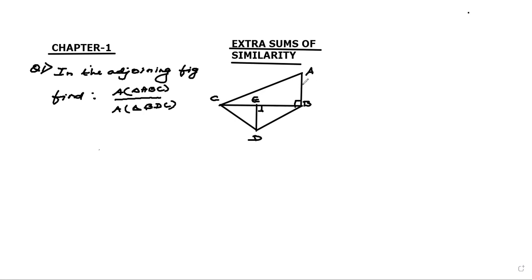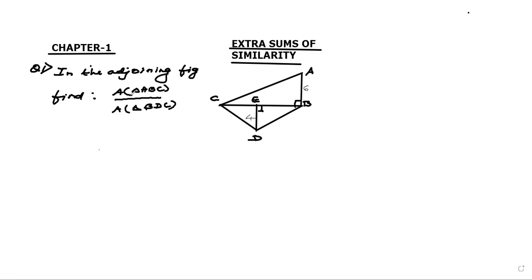And now what else is given in this figure? The length of AB is 6, nothing else, and the length of BD is 4. These two are given, okay? Length of AB is 6, length of BD is 4. Nothing else. So when I look at it, children, area upon area, the question always tells us what property